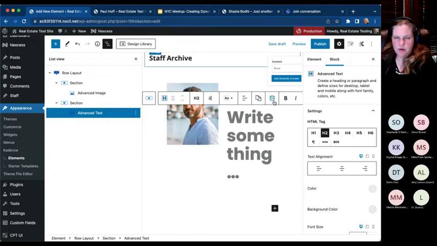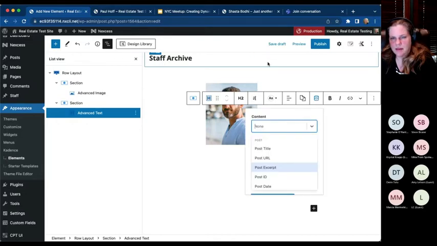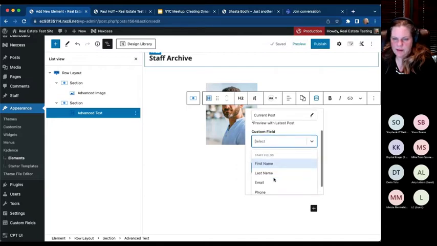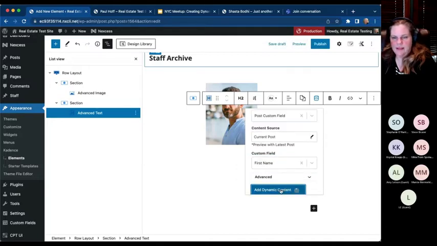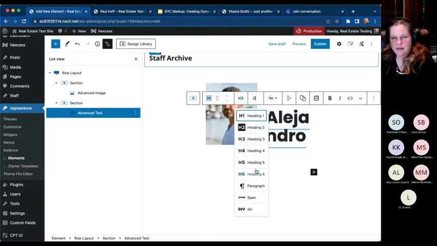And we're just going to pull in the content there. My screen is so small for this content. We're going to pull in custom fields, staff fields, add that first name. We're just going to add his first name, make this nice and easy. And we're going to make it